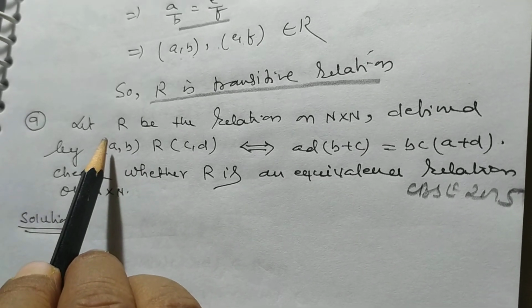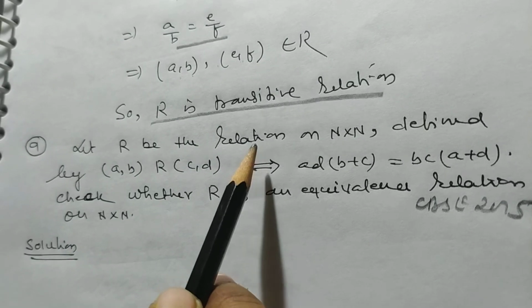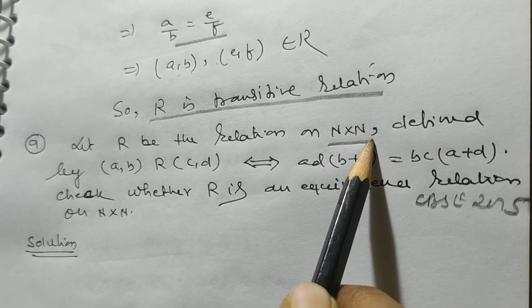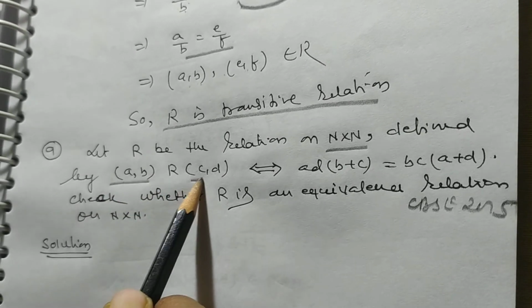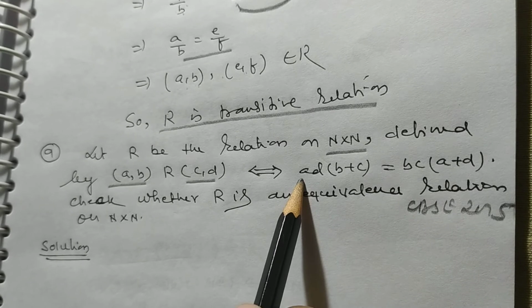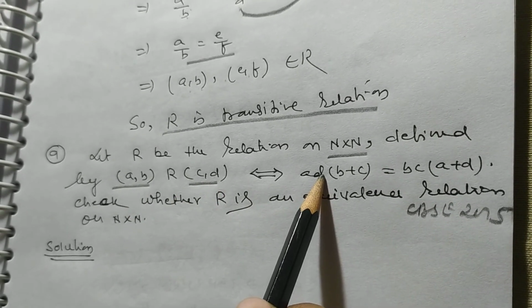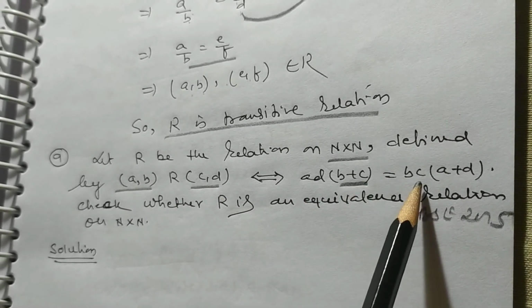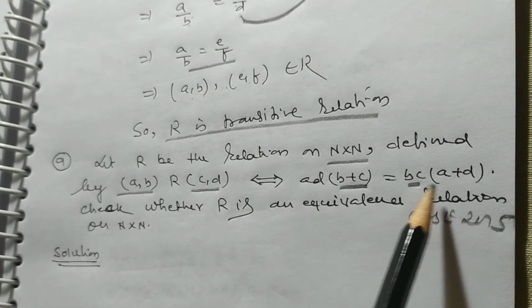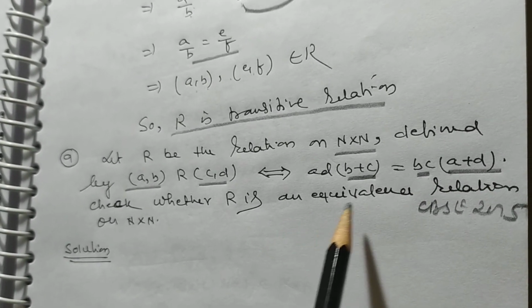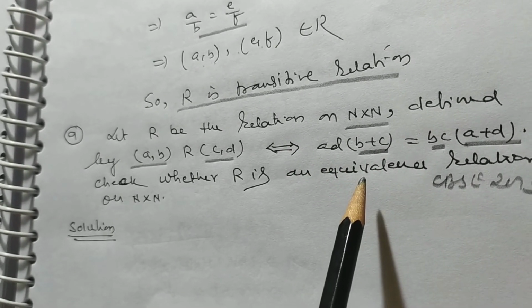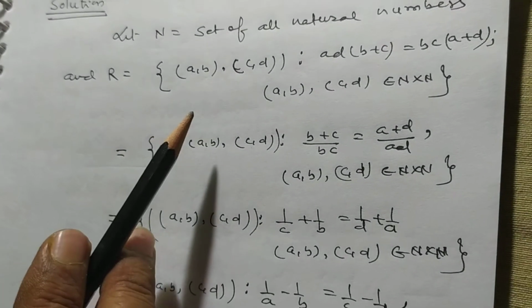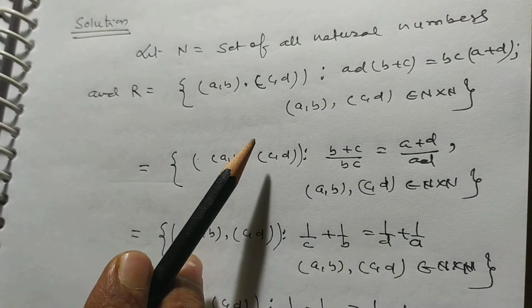Let R be the relation on N Cartesian product with N, defined by AB related to CD if and only if AD into B plus C is equal to BC into A plus D. Then we have to show that if the elements are related with this rule, then it is an equivalence relation. Now again my suggestion is, you solve this rule